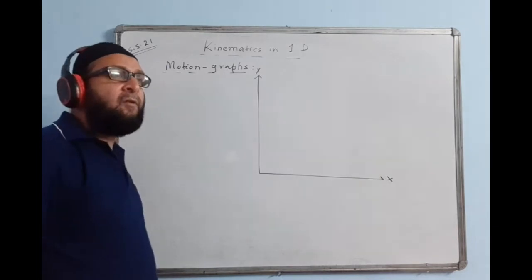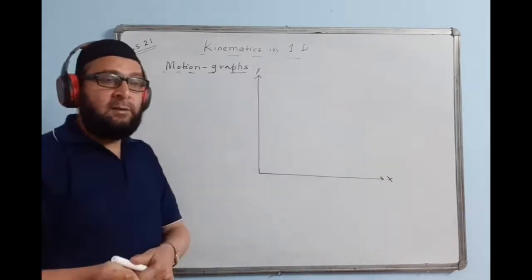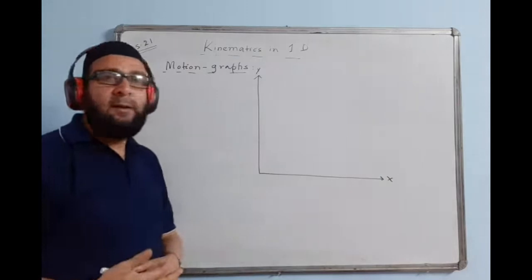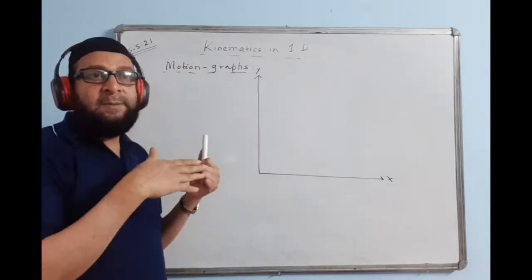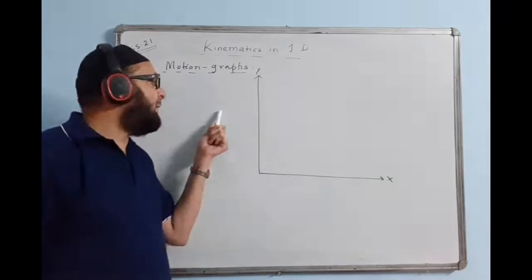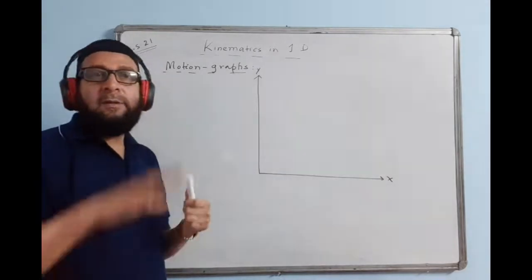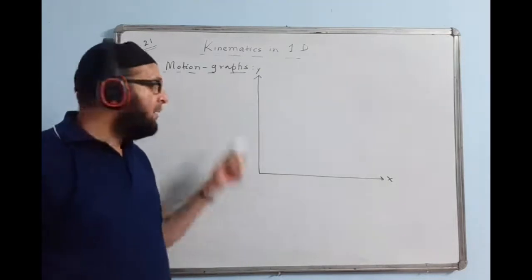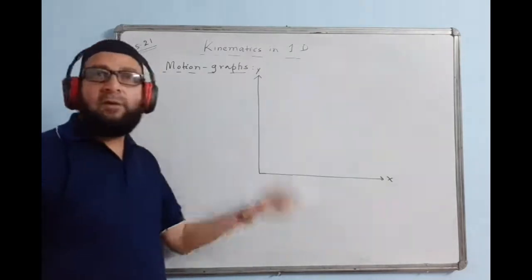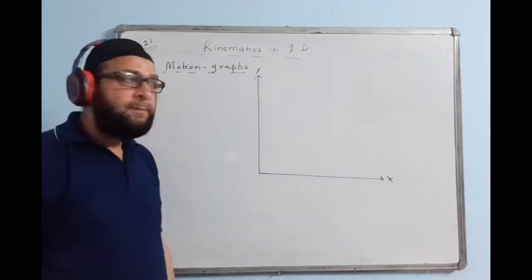Now draw a graph of V against x. V will be here, x will be here. Draw a graph of displacement-time or distance-time. Distance will be here, time will be here. This is distance or displacement versus time. Displacement versus time. So we draw accordingly. Okay, you got my point.